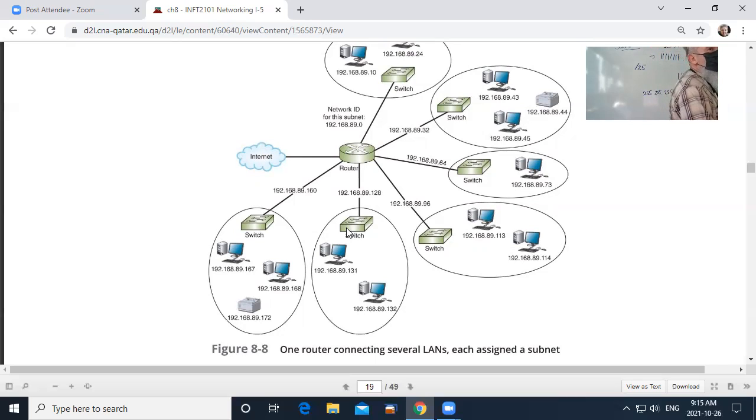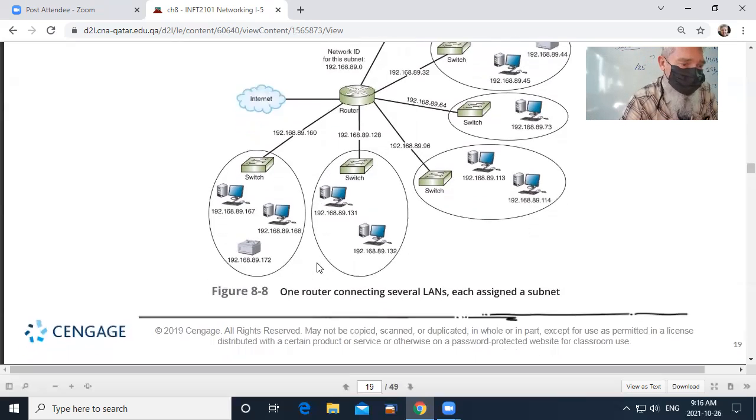We know it's 8 networks because 2 to the power of 3 is equal to 8, so we used 3 bits. That's 8 networks, so each network has 32 addresses, 2 of which we can't use. I hope that makes sense.